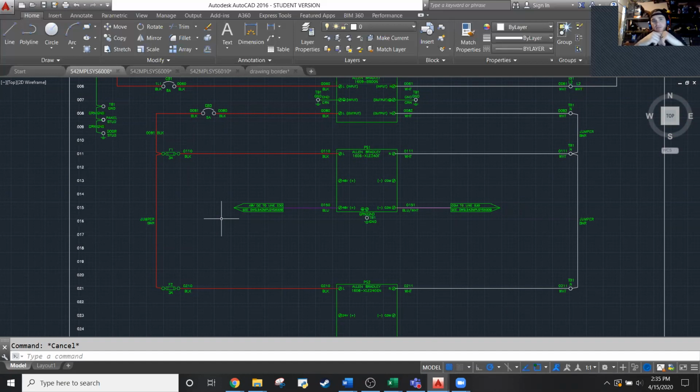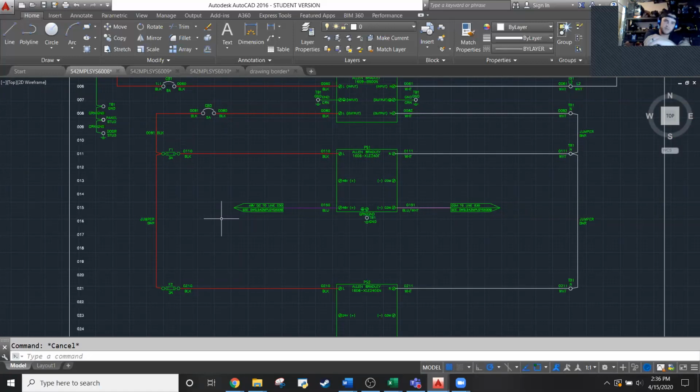When you're building a panel like this, it makes it really easy, because you can stick all your components together on a rail, and then you stick a jumper bar in between those, and it quickly connects all those in a circuit